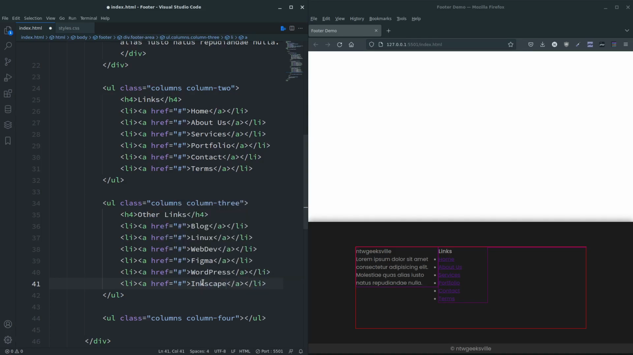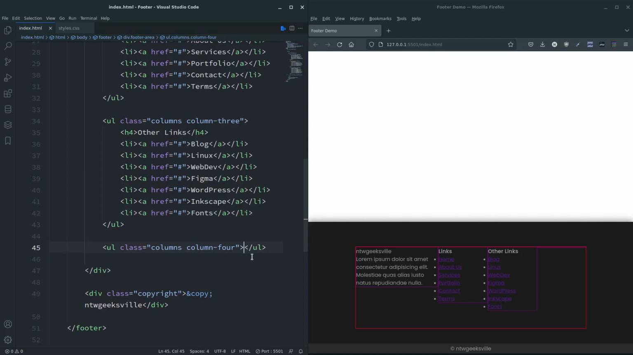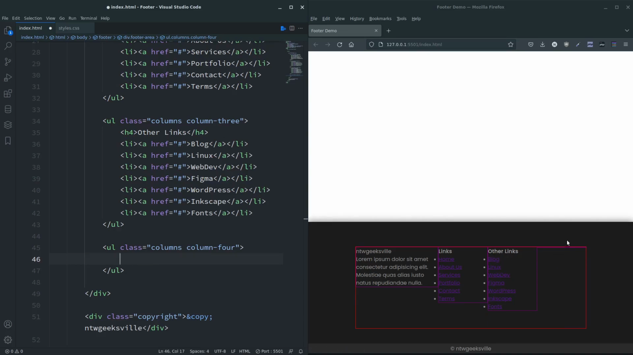Inkscape. And just so it's a different number, I'm going to put fonts. There we go. Right, and for the fourth one, I'm going to put address details, but I want the column to be separated into 2. So I have up here address with the heading of address, and down here telephone number with heading of telephone. So let's give them their own containers, but footer